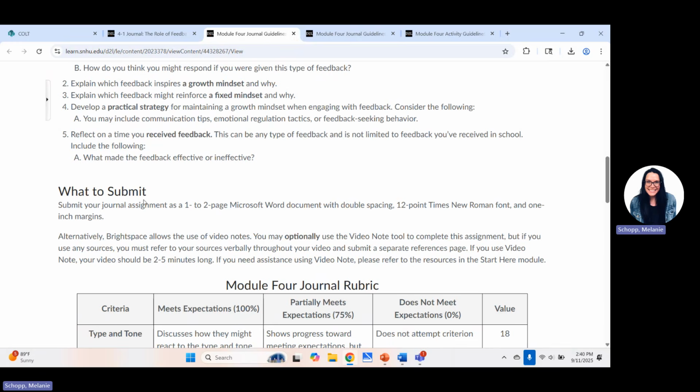As a reminder, under what to submit, you want to have that journal assignment be about 1 to 2 pages, y'all. It really shouldn't be any longer than that. If you stay on topic and are relevant using details and examples to the questions that are up top, that 1 to 2 pages, especially double spacing and that 12-point Times New Roman font, should be fine. If you go a little bit over, you're not going to be docked points,